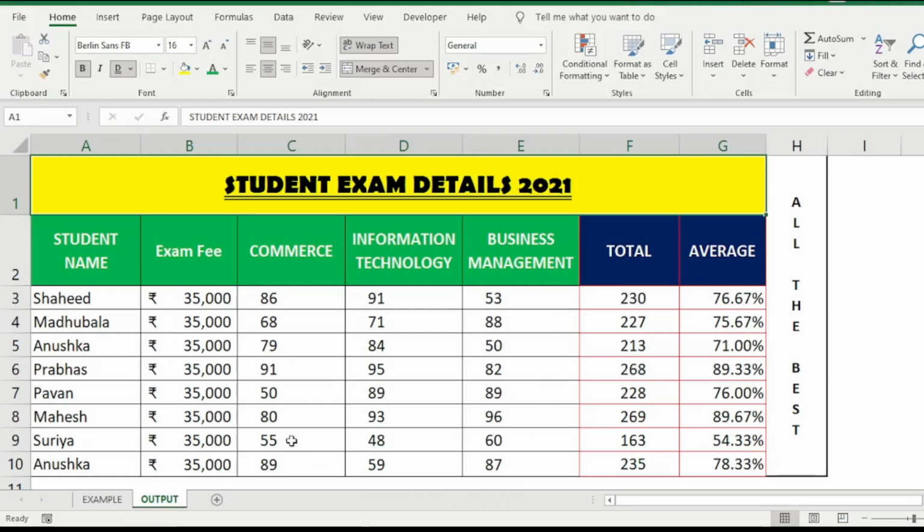So you can see here, right? We see currency symbols, and then a percentage symbol, and the text orientation has been changed, and this cell has been merged. This cell has occupied from A to G, and a lot of things we have done here. So we are going to do the same thing for this data.